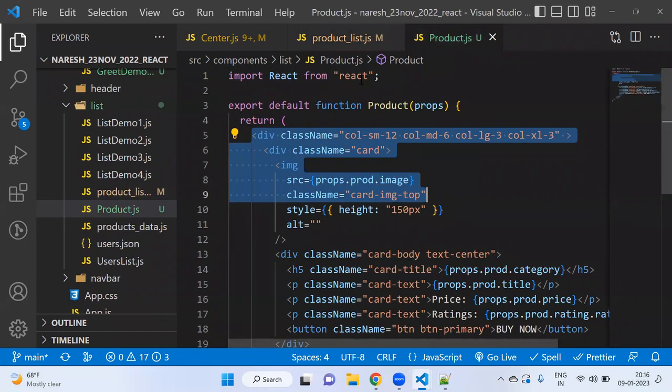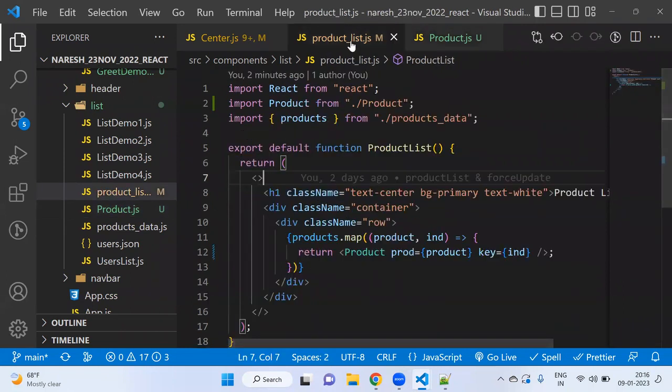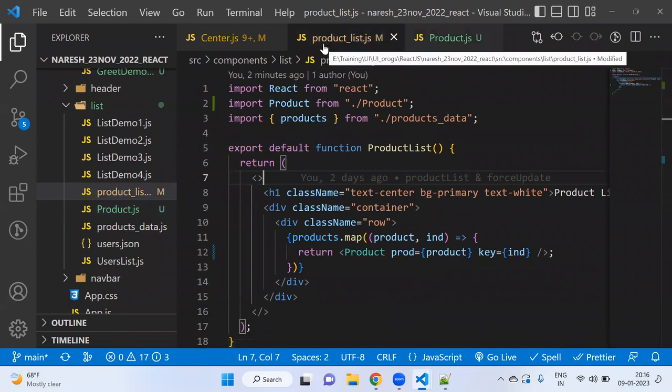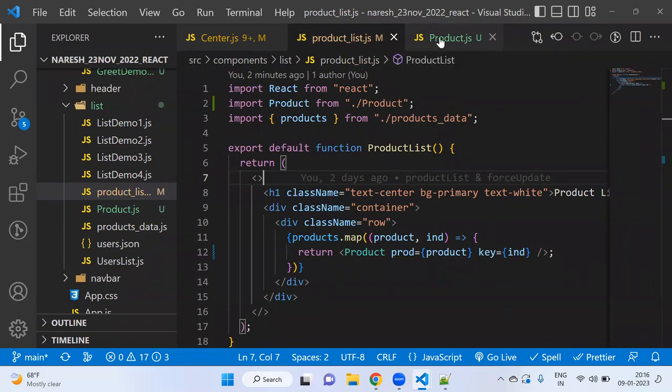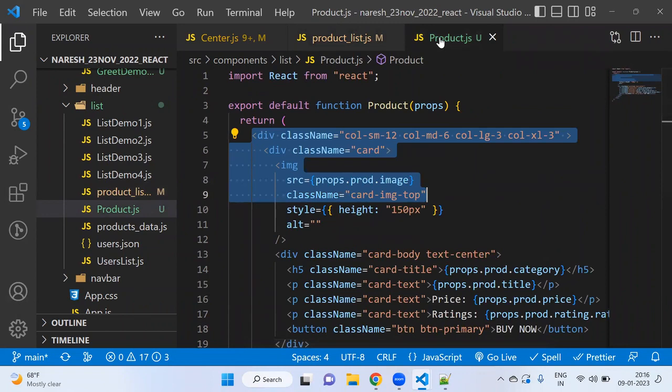You want to display it as a grid, you can. If somebody wants to display all the products, they will use product list. If somebody wants to display only one product, and has information about only one product,